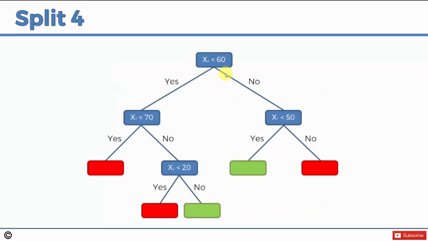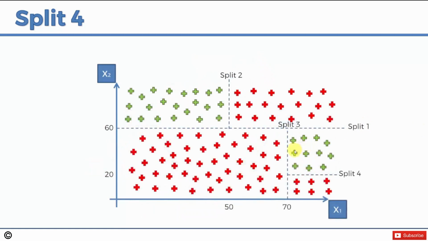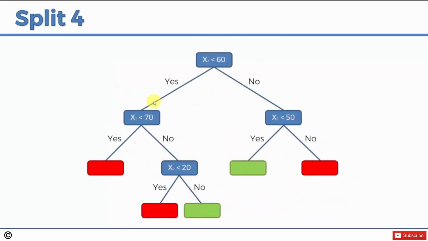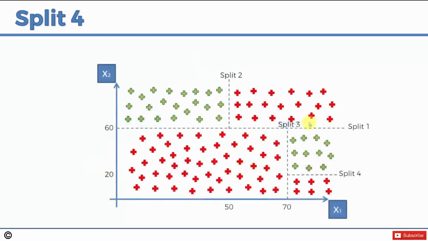But at the same time, even if you don't get to the terminal leaf, because this is a very simple tree, trees can be very, very long. And so sometimes you might not even get to the bottom. So if you want to classify a new observation, and for example, this observation falls into this section over here, then it would go down this road, then here, and then we go here. But let's say you don't even get to the end, you get to somewhere over here, then in these boxes that still have a mix, so here you can see there's a mix of green and red,